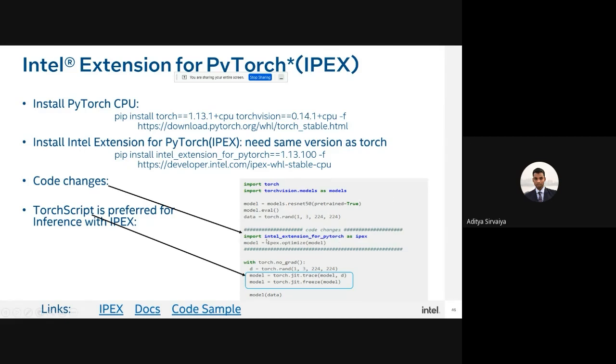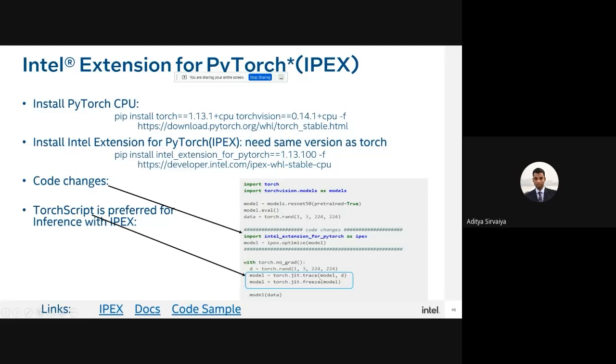Now the code change required is you import Intel Extension for PyTorch as IPEX, and you already did the model eval, since this is more for inference. Now you apply this IPEX optimize. Now the model is optimized with IPEX. With this itself, you will be able to see some gains. You'll not see a lot of gains, because, as we already saw, Intel's optimizations have already been added to PyTorch. So some gains are already there in your base results. From this itself you'll see the benefits, but the main benefits come from